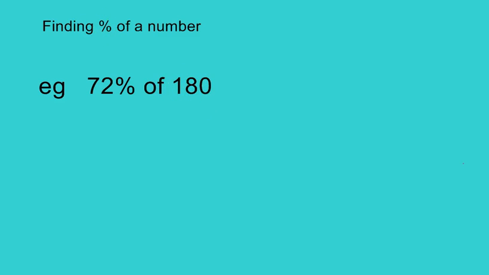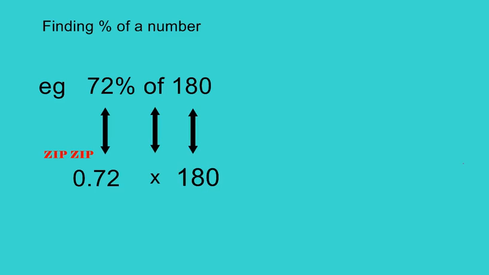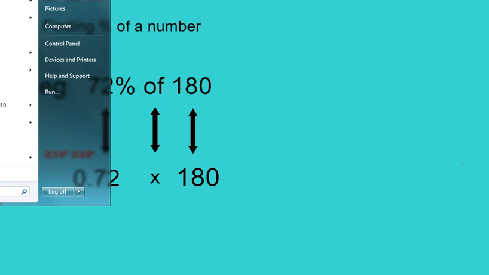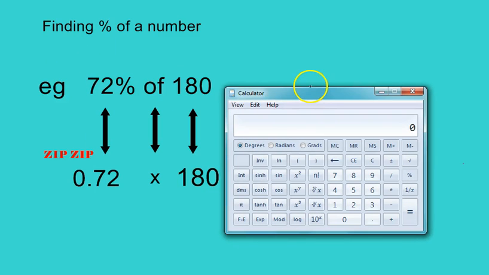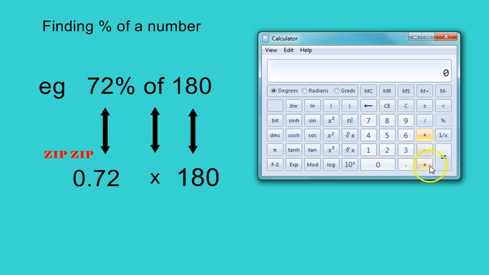So, after you've written down your question, the very next thing that you're going to write is this. You're going to go zip zip on the 72 to change it into 0.72, you're going to change the "of" into a times, and you're going to leave the 180 the way it is. Now you get out your trusty calculator, and you enter it in exactly as is. 0.72